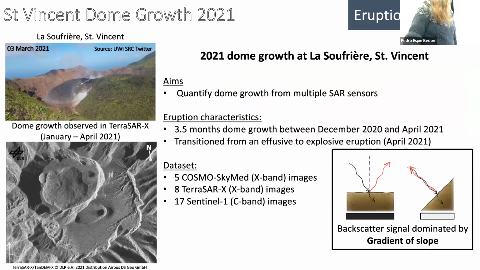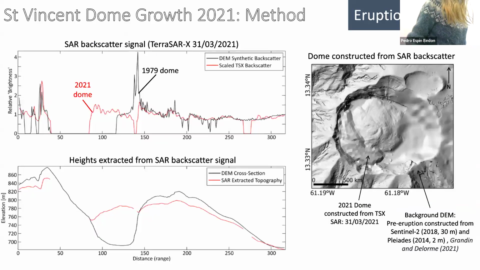So those examples are all about how backscatter reflects surface roughness on radar length scales. This is a different case. This is lava dome growth in St. Vincent in the Caribbean. And from that, you can actually retrieve the topography, the change in the topography itself, based on the assumption that all of the backscatter changes that you see are to do with topographic change and change in the local slope, rather than the change in backscatter, which is a bit of an assumption, but I think it's basically okay for a lava dome where you're having some material replaced by similar property material.